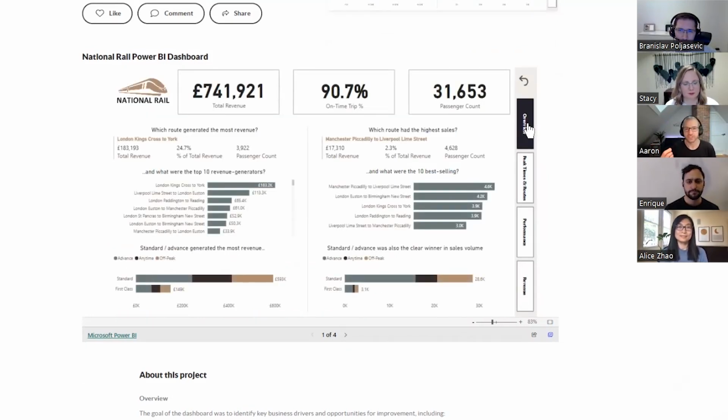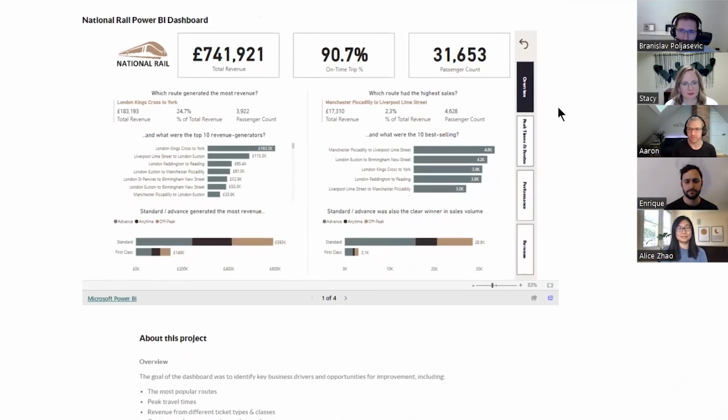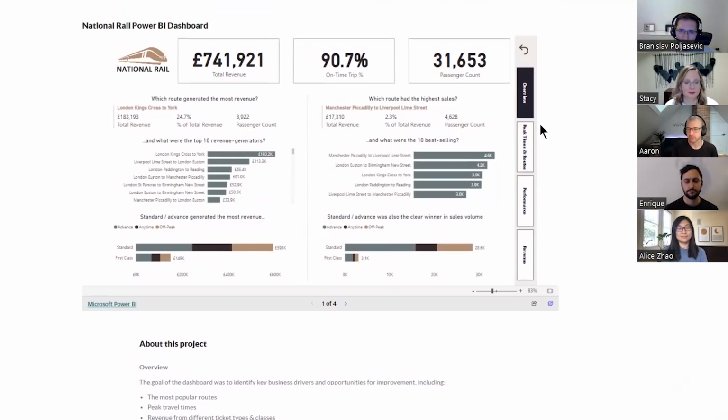One of the small things that I really liked when I first saw this report is the filter pane and the page navigation being on the right-hand side here. I either tend to do this myself or see a lot of other folks doing it, naturally putting it on the left. And I actually like it over here on the right. I tend to scroll on the right-hand side of the page, so my cursor ends up being over here. So from a user standpoint, that was a nice thing to be able to just interact